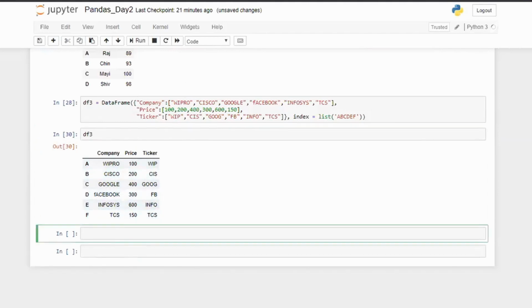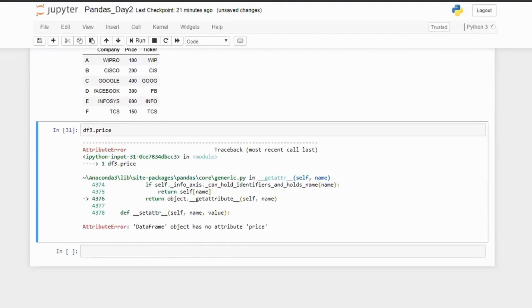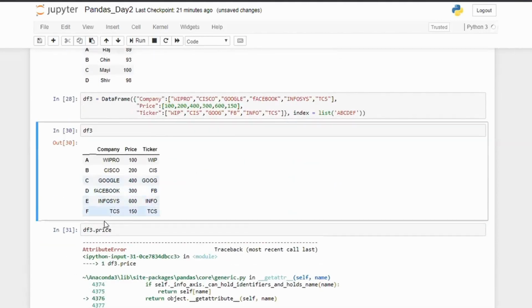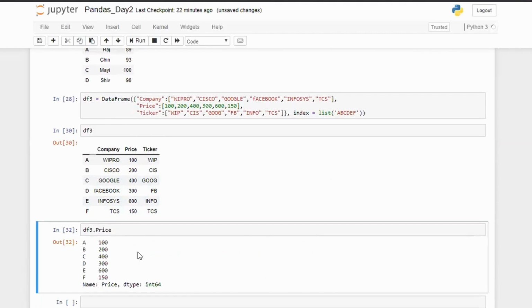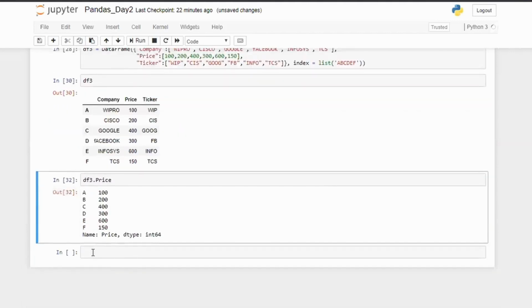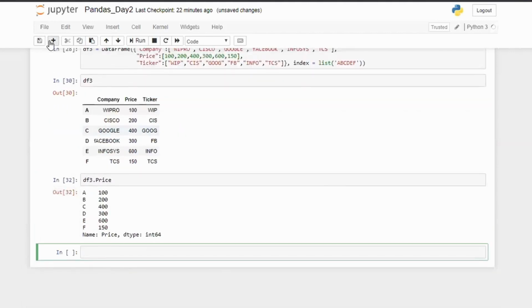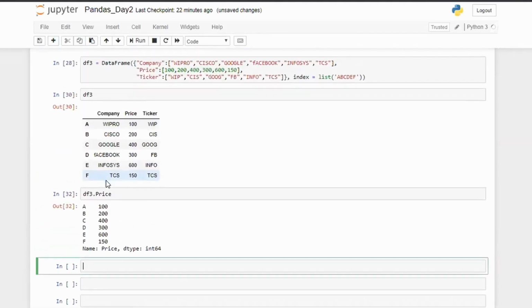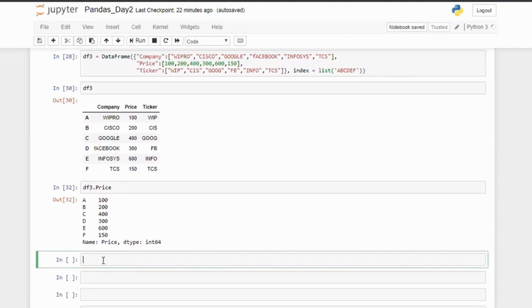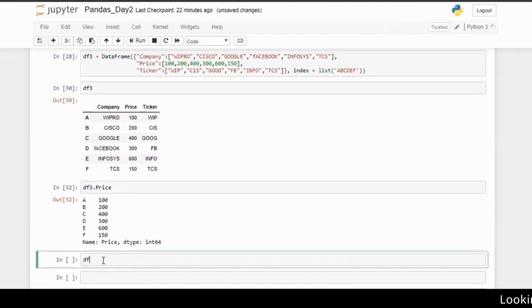Now, if you want to take only the pricing of this, just write df3 dot price. And this is how you can take one particular column at a time. And if you want ticker also, we can get df3 dot ticker.